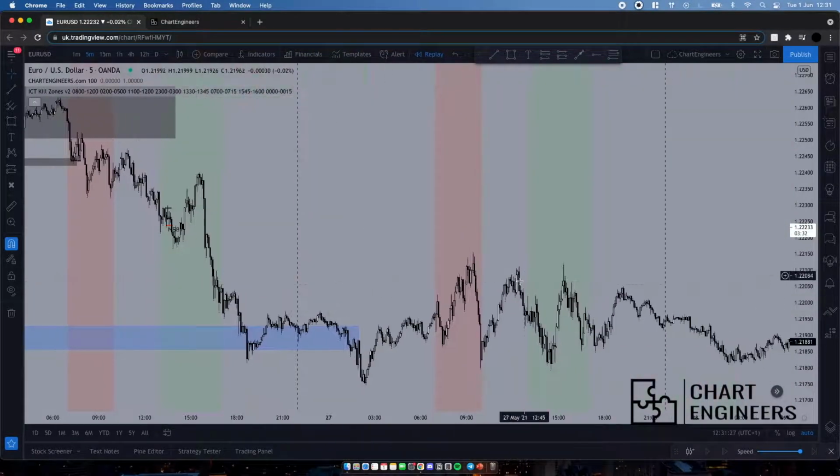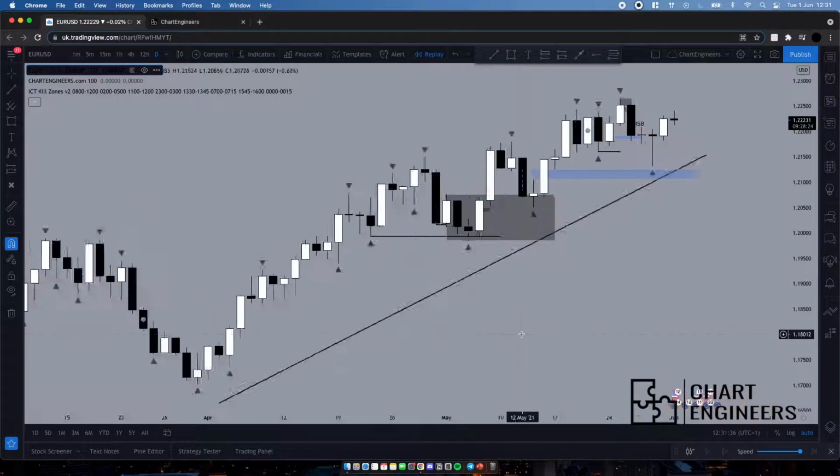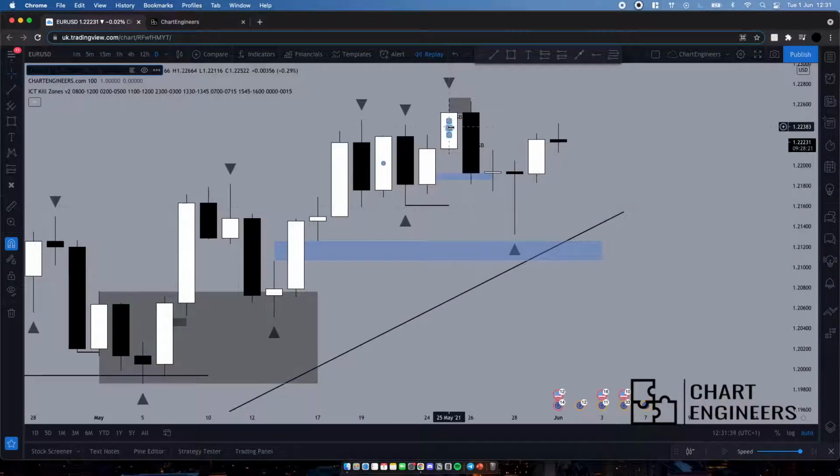So then we'll move on to the Thursday. Just check your daily. So that was a Tuesday high. This was a Wednesday, and now this is a Thursday. And we see that price has created a daily swing high over here. And what that tells us is that price may want to go lower, at least to these lows, and maybe to this fair value gap.